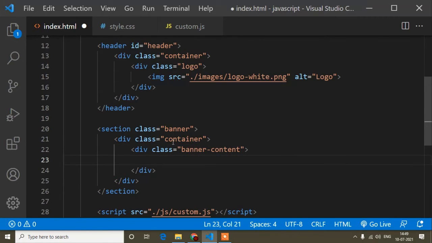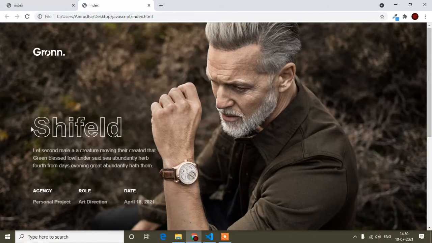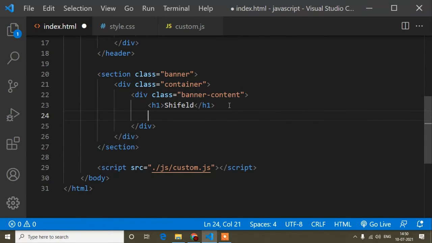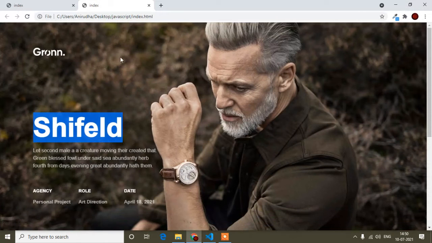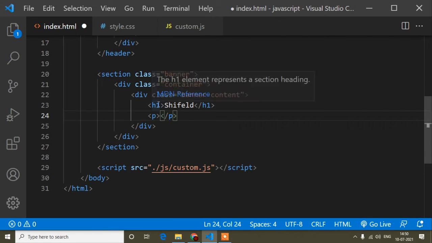Okay, and now here I will write the h1 tag. So inside this h1 tag our content will be this content, so I will copy from here and paste here, and now the p, inside this p tag the content will be this one, so I will copy from here and paste.